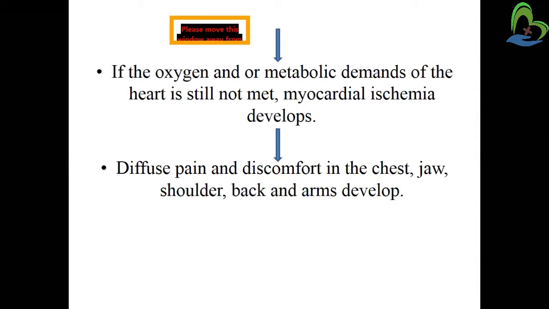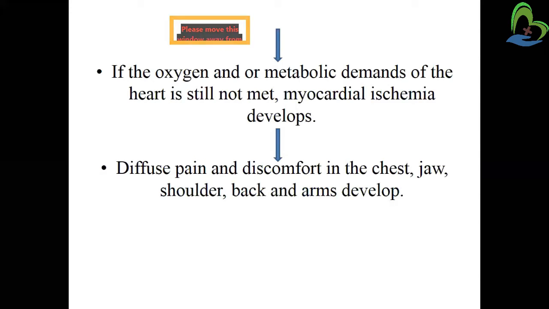Just take an example: if you are not getting enough oxygen and you are not able to breathe, what will happen? You will get exhausted. For some time you will struggle to breathe, you will take deep breaths, so that you can get enough oxygen supply. But if you are not able to meet that, ultimately you will get hypoxic and even brain death may occur. The same thing is occurring with the myocardial tissues. Oxygen demand has increased so much because the cells are getting exhausted, so metabolic demand is increasing.